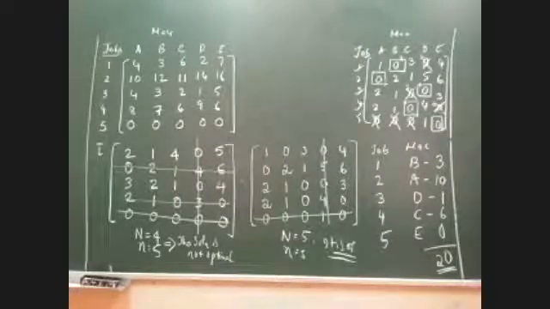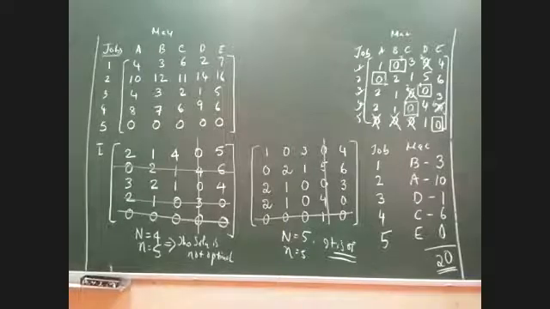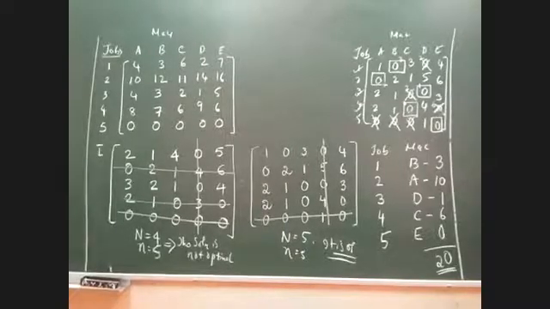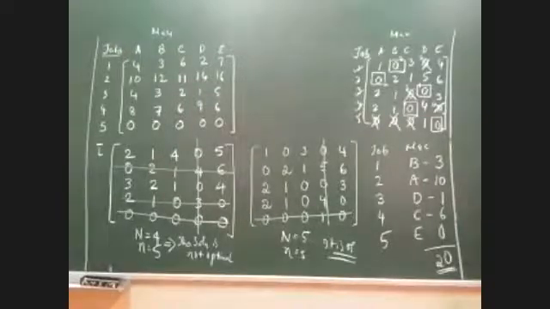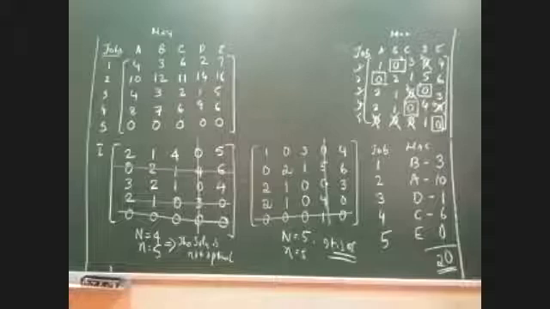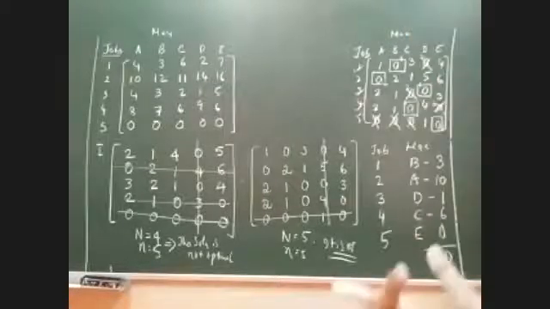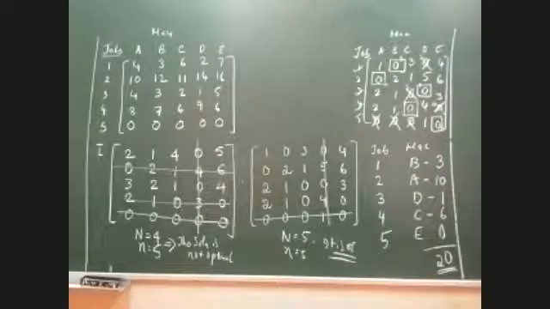You can please make a note somewhere. Please remember, in any maximization case problem, if at all it is an unbalanced problem, first balance the problem and then convert to minimization. Even transportation also same logic. Even in transportation also, if at all it is an unbalanced transportation problem, first you have to balance it and then convert it to minimization. The same logic applies in assignment as well.